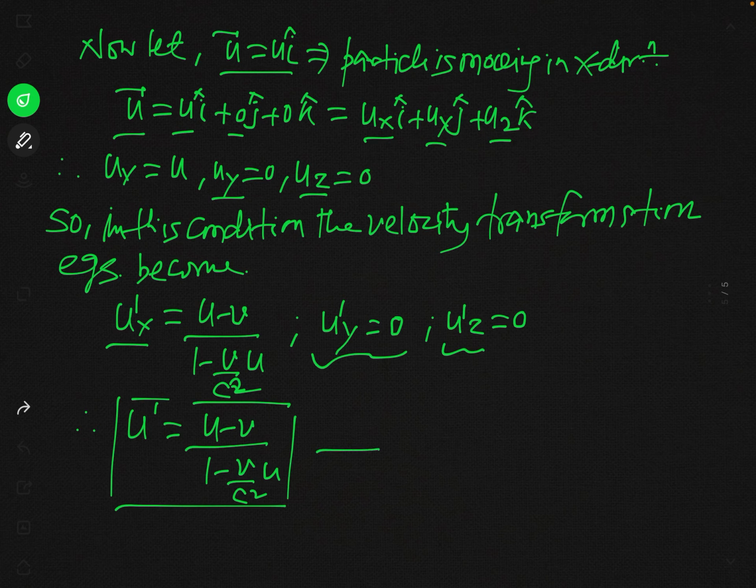So I here also change the equation number. This is a very important equation, so we write it as equation number A. And now you can easily write again the inverse of this equation. You know the technique or the trick to write the inverse. For writing the inverse, what do you do actually? We simply replace the primed quantities by unprimed quantities and unprimed quantities by primed quantities, and v is replaced by minus v. So inverse of A,